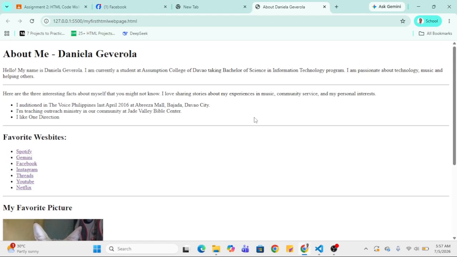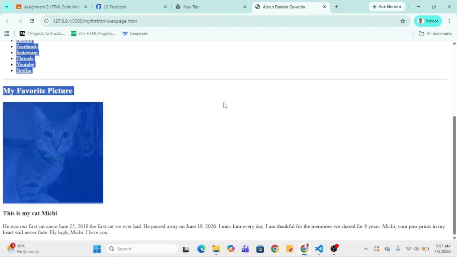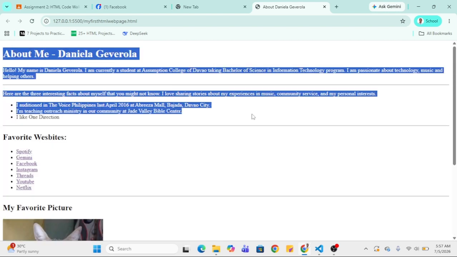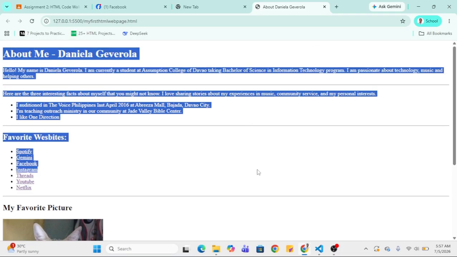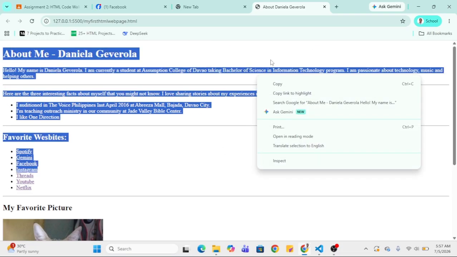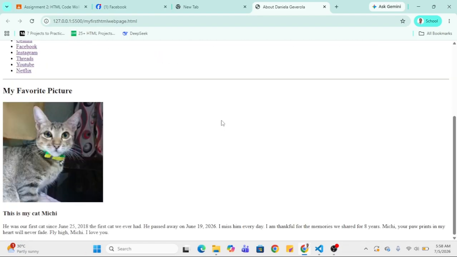Okay, so add more media, so it will be an interactive website and the user will really read what the website is all about because of the images, and navigation, contacts also, and that one.